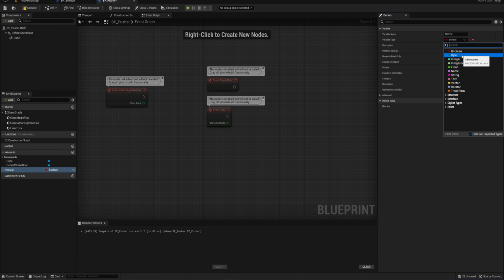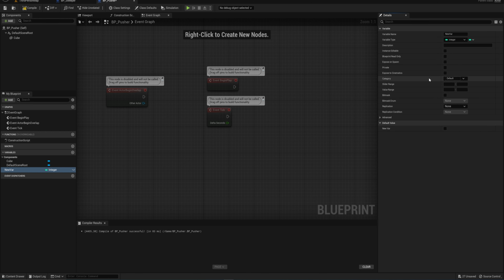We can also make it a byte, which frankly, not that often used, so I'm not going to go into it right now. We have an integer and integer 64. We'll stick with normal integers for now. Integers are, as you would expect, just integers, which are whole numbers. So that's 1, 2, 3, 4, 5, but not something like 1.5, right? 1.5 is a value in between 1 and 2 that we cannot store in an integer. So let's try that. 1.5, it defaults back to 1,